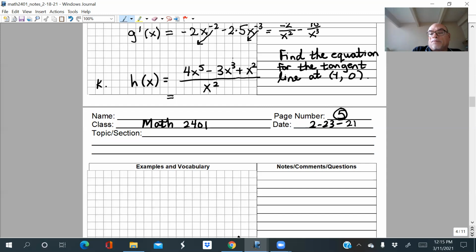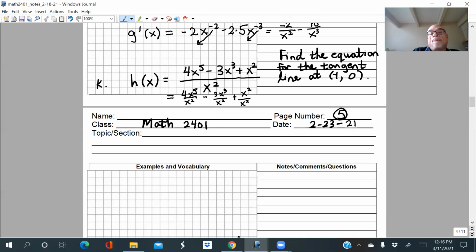We can rewrite this formula a little bit to make it fit our basic differentiation rules. Here's what I'm going to do. I'm going to divide by that x squared. Now, you may not know to do this unless someone told you, okay? So that's why this example is kind of important, because I'm showing you a little trick that may not be obvious,